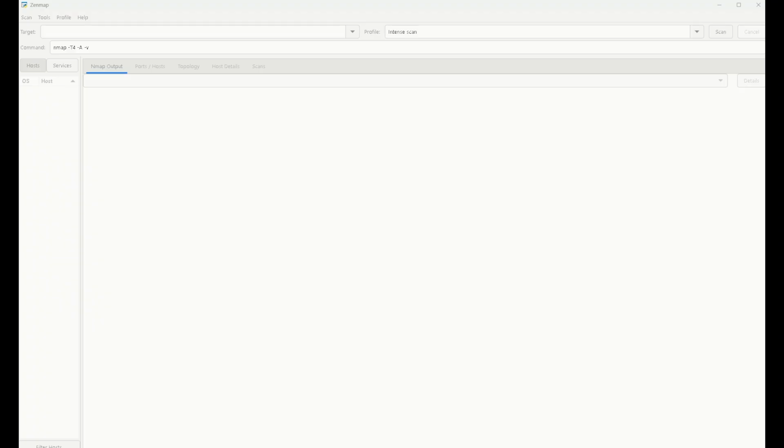So I want to show you Zenmap today and how you can use it for documentation because it provides some really cool stuff that you can even use to generate reports for your manager, leadership, whoever you're generating reports for. I don't know. But basically, this is Zenmap, and you can see here, I can put in a target like